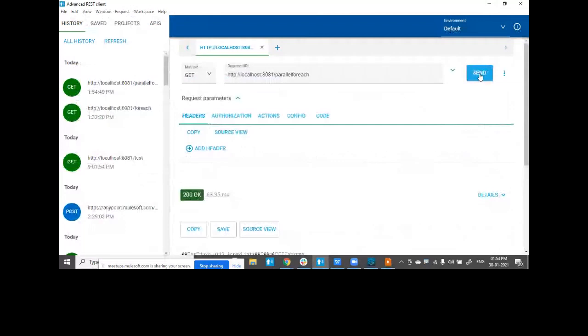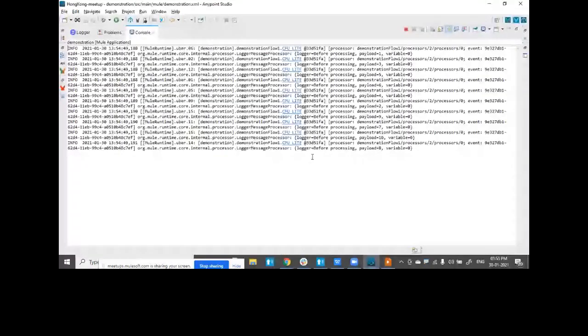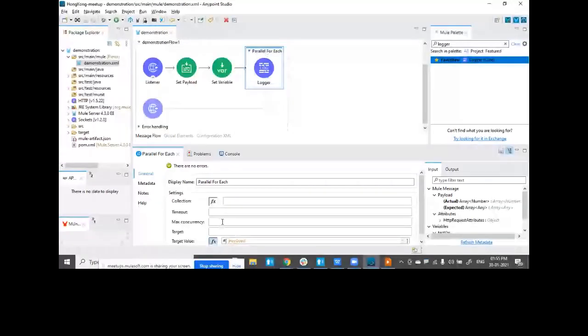Okay. Now, let's move ahead. Let's try to work on a few more characteristics over here. Let's go back to Studio. The number of records to be executed in parallel is decided by max concurrency.